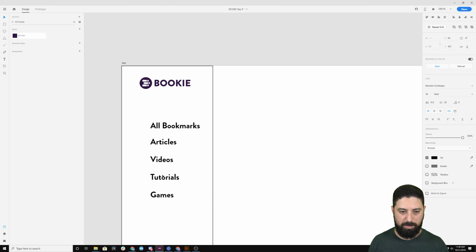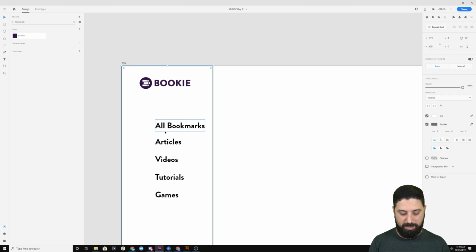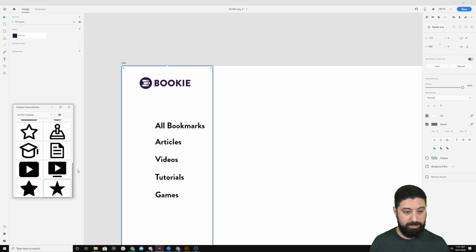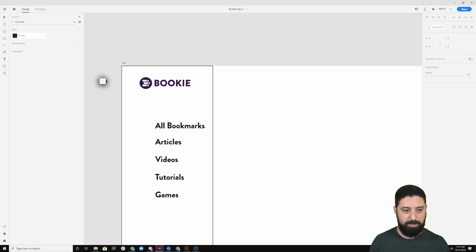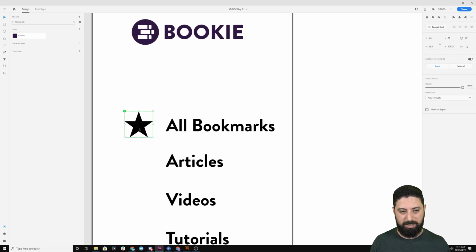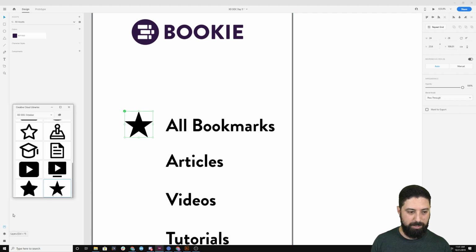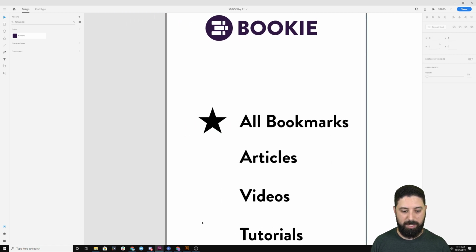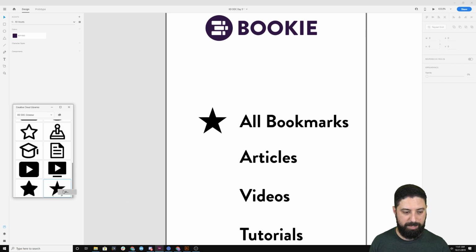I'm going to bring in some of these icons now. So for bookmarks, for example, I may want to come in here and let's grab this star. So give that a second to import over. We've got that star. Now I might look at this and go, I want this app to feel a little bit softer. Brandon Grotesque has a little bit of a soft edge and feel to it. This is too much. Now I have preloaded the icon that I do in fact want to use in this project, but something that I could do is I could come in here, I could say edit,